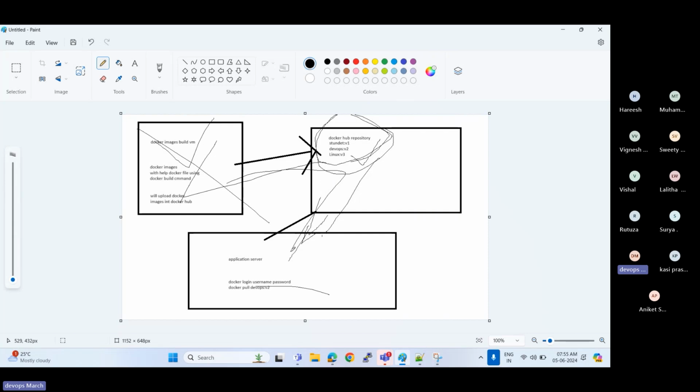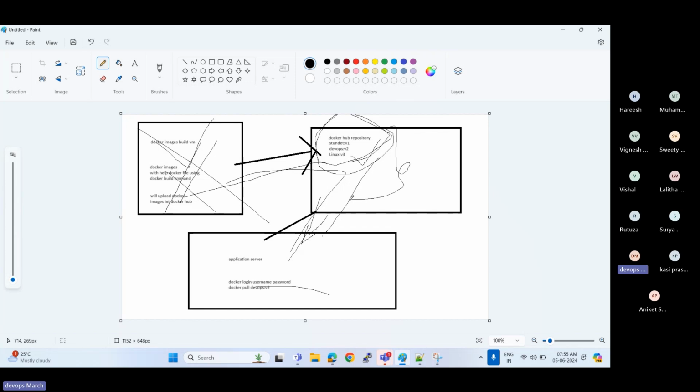Create the images, push them to Docker Hub or any private repository, pull the images into one of the application servers, deploy the image and test your application. If this crashes, you need not worry. The images are available in Docker Hub. You can simply scale your application or test your application.